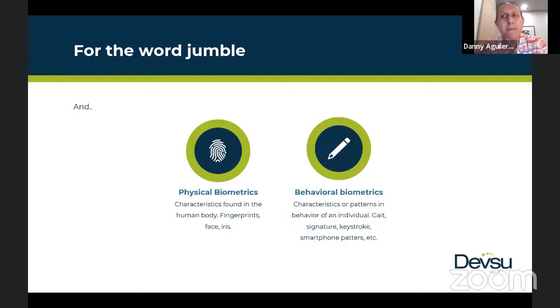Now, there are two types of biometrics. I know that some of you might wonder, why are you calling signature biometric? It's weird, because that's not bio, right? It's not something biological. Well, there are two types of biometrics. We have physical biometrics, which is something that we can extract from the physical